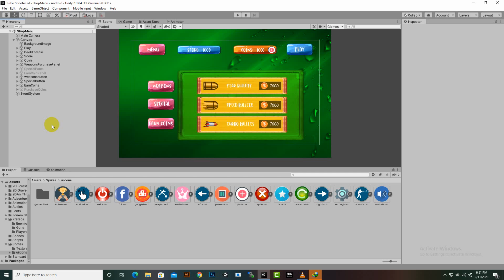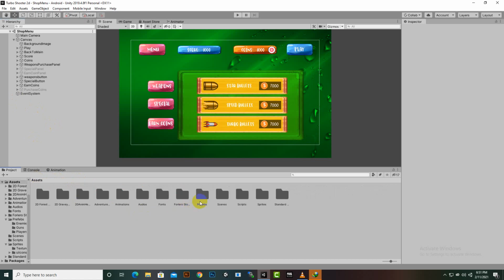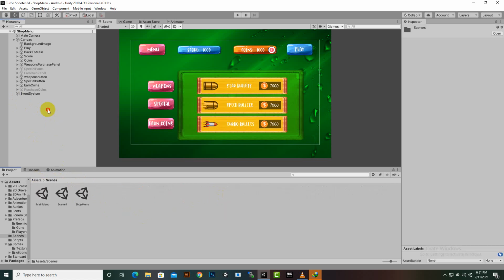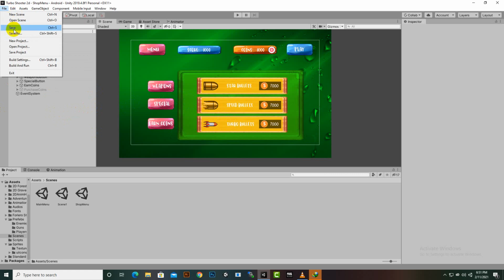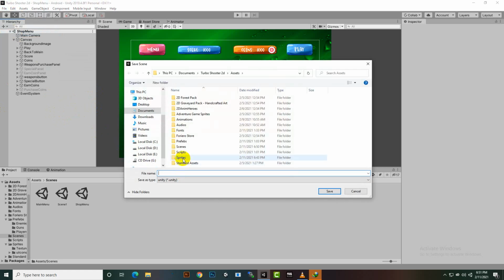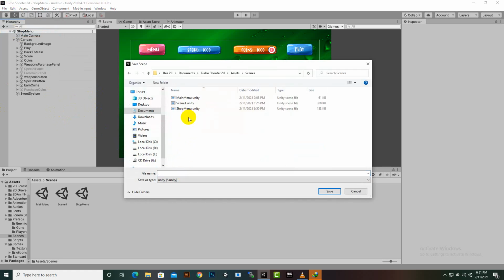Okay, so let's create another scene, and I will just duplicate the similar scene because it has some buttons, so we can utilize these buttons and the current settings. So save as, and here we will go to scenes, and here we will say character select menu,